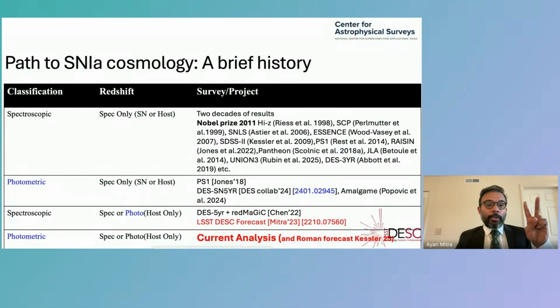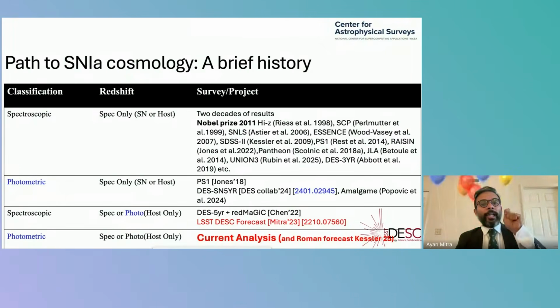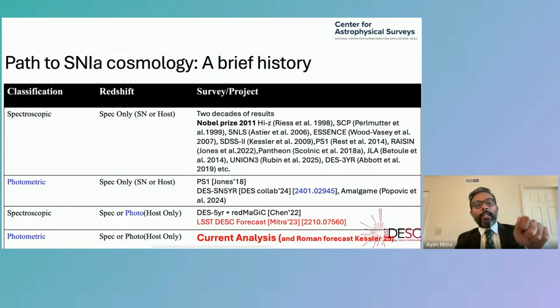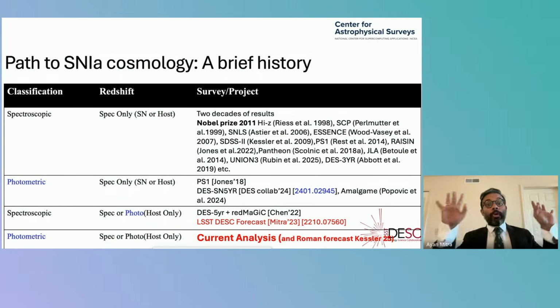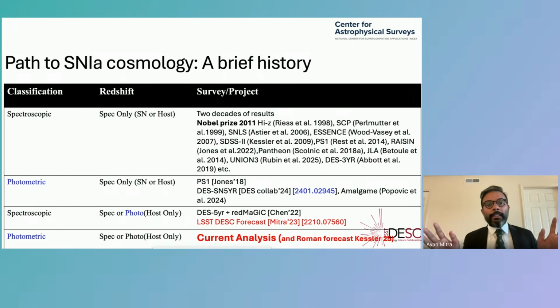If you do a spectroscopic measurement of the supernova, it's very accurate. You get the accurate redshift, and if you get the redshift, you can get the accurate distance measurement. But doing a spectroscopic measurement is also very expensive, and you need a lot of telescope time. So it's not always feasible. If you have only 1 or 2 objects, you can do that. But LSST is so big, it will observe thousands of supernovae. You cannot follow up on all of them.